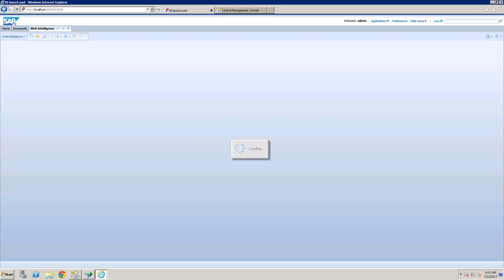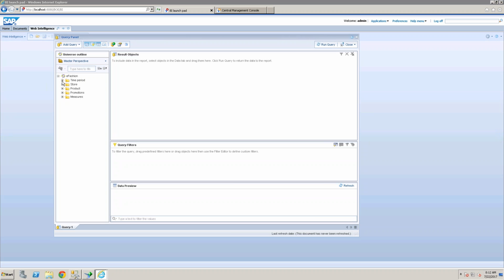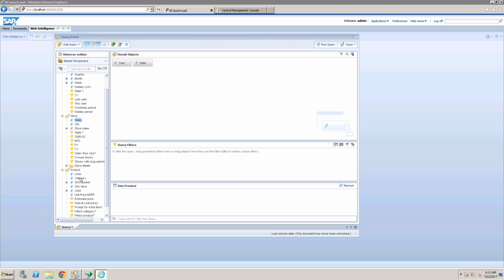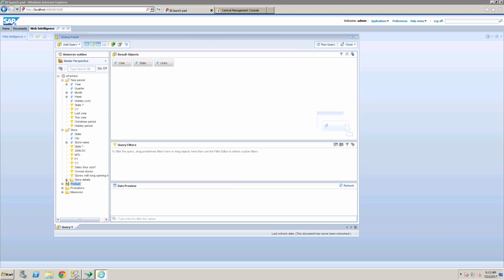eFashion again, I'm selecting. Just add the year object, state, product lines, and also sales revenue, quantity sold. Okay. And I'm trying to create a prompt on year.